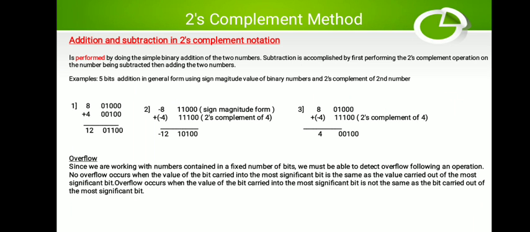Minus 8 minus 4, but minus 8 is represented in sign magnitude form. What is 8? The actual binary equivalent is 1000 in 4-bit, but we have taken 5-bit here, and the 5th bit should actually be 0, but we saw in sign magnitude form in the 1's complement lecture that whenever we represent any negative number, we represent it by 1 in the MSB. So this is not the actual 8, it is minus 8, not plus 8. So it is written as 11000.